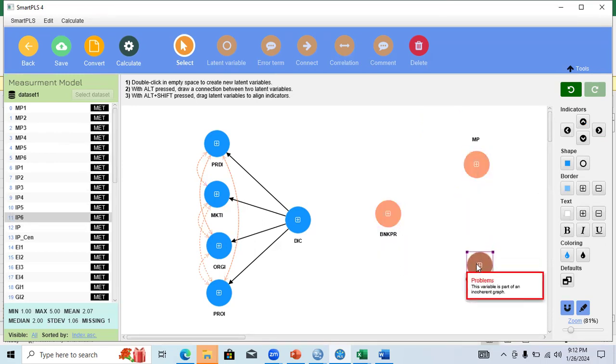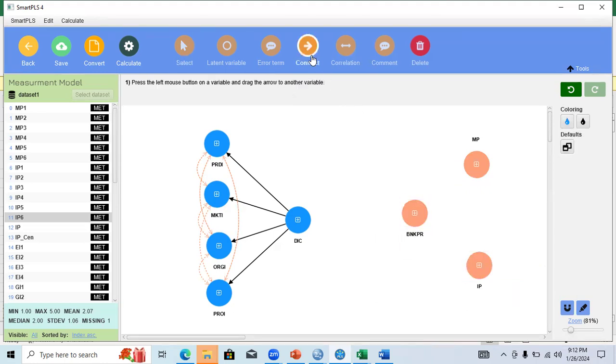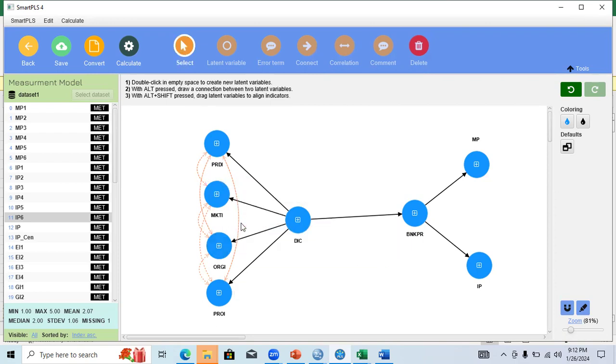So what I need to do here, I need to connect these two just like this, and then I need to connect this with this. So it is completed. Always remember, you need to include your covariance with your independent variable only.